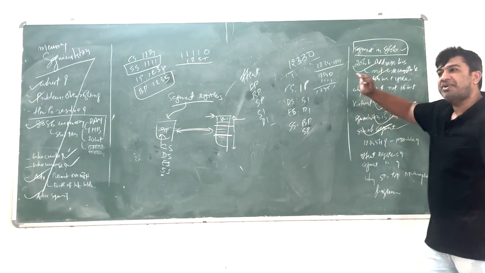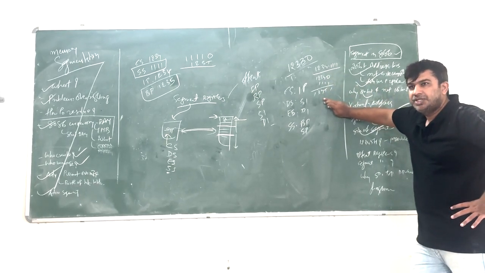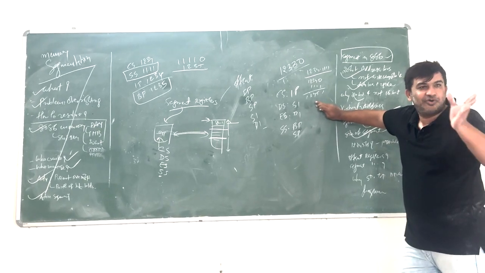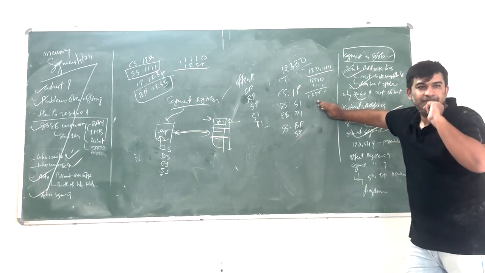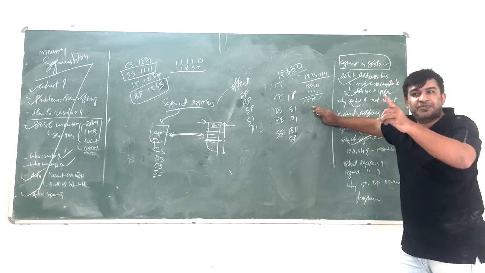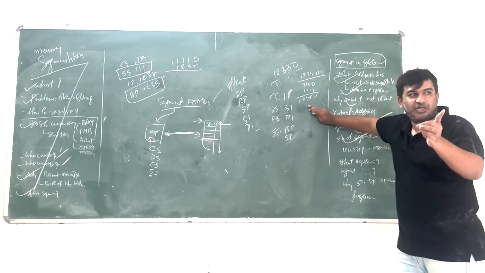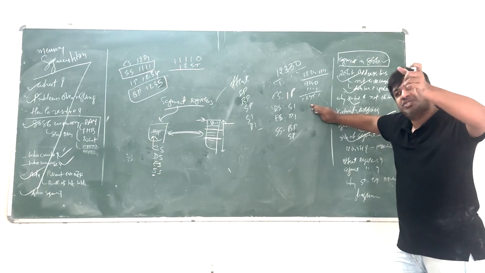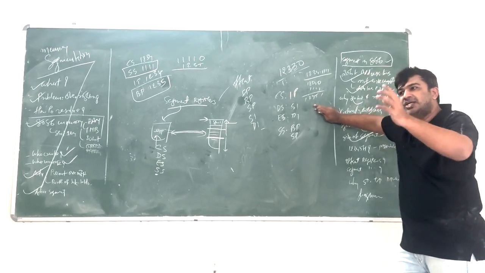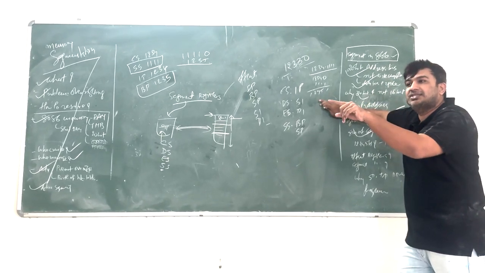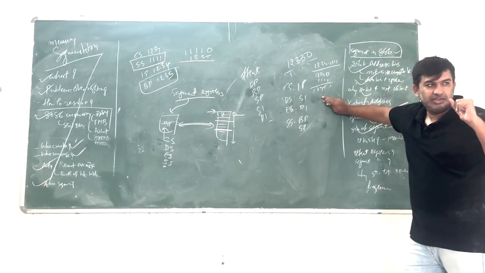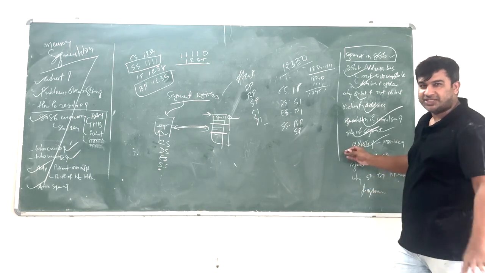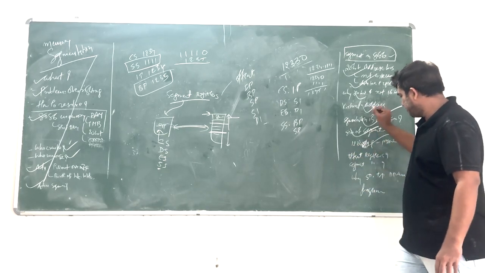What is the maximum size of one segment? 64K. Why 64K? Because of the 16 bit offset address, 2 raised to 16 is 64K. What is the minimum size? 16 bytes. Why? The segment address is 16 bit, so you need to put 0 at the end, so that the difference is 10 hex. 10 hex is 16. An address like 12345H is not possible; it must end with 0.